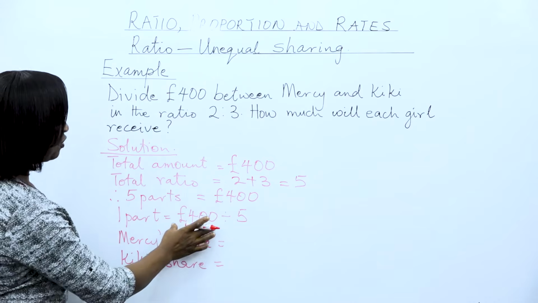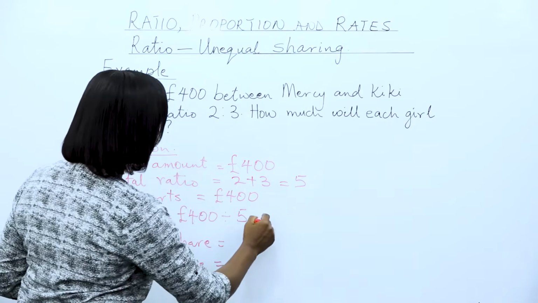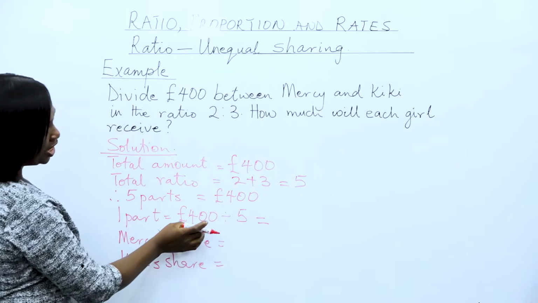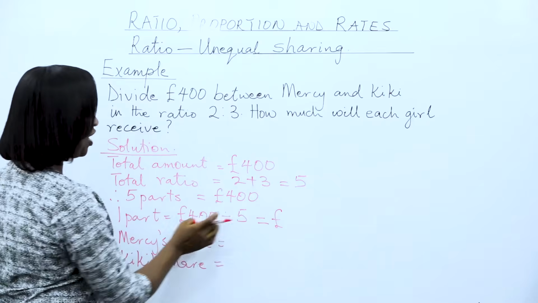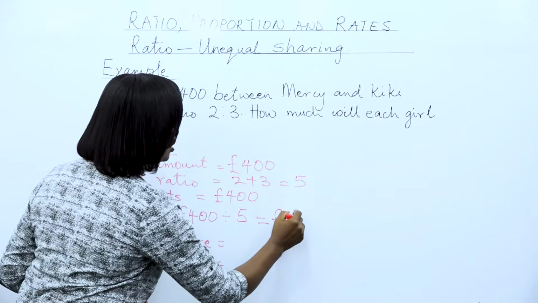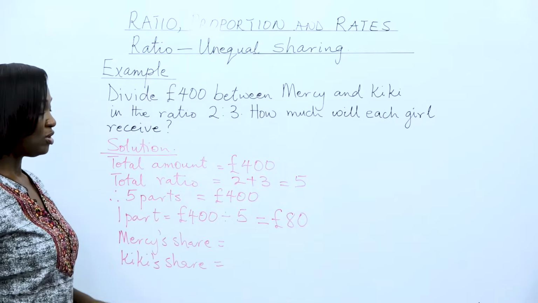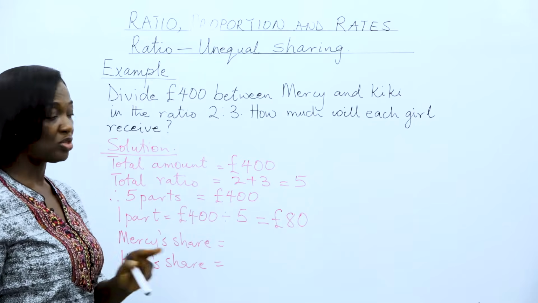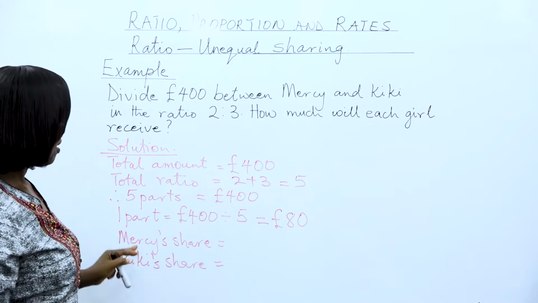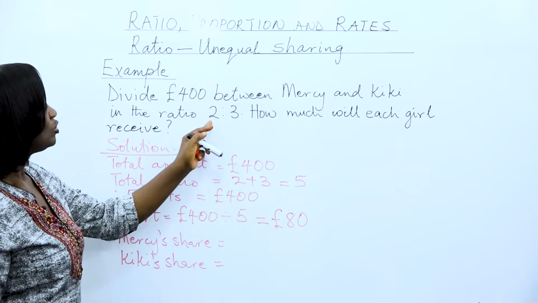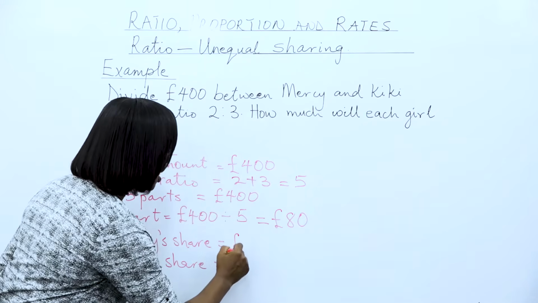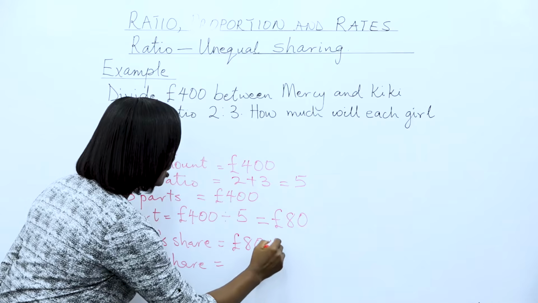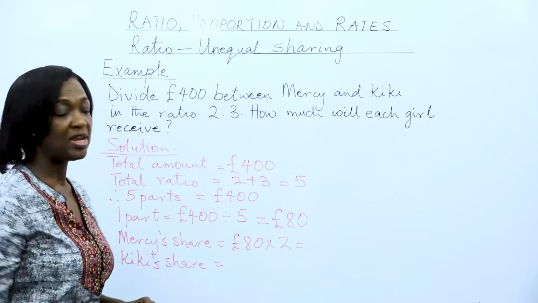So 1 part is 400 divided by 5. And 5 into 40 is 8. So 5 into 400 is 80 pounds. So if 1 part or 1 ratio is 80 pounds, Mercy gets 2 parts. So Mercy's share will be 80 pounds times 2. And that will give us